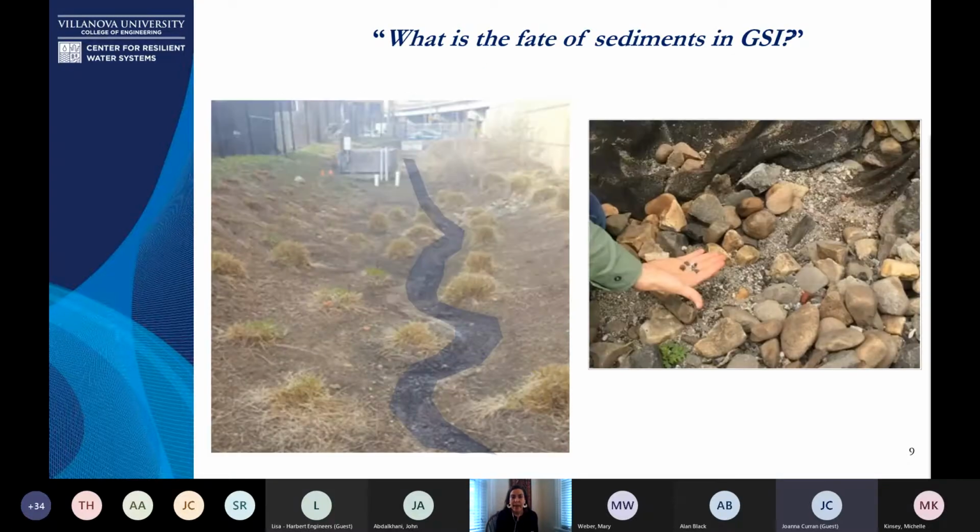So what happens to sediment when it comes in? Well, we've started looking at this a while ago, and I was coming from a background where I thought a lot about rivers. And to me, it immediately started to look like a river channel. You can see the way it starts to meander through the flow path, and as it moves through the system, it's bringing sediments through the system